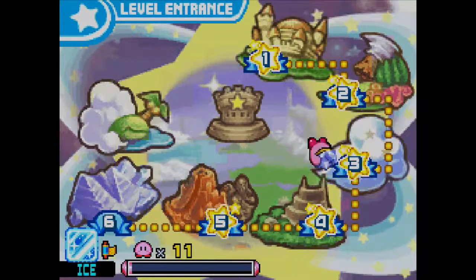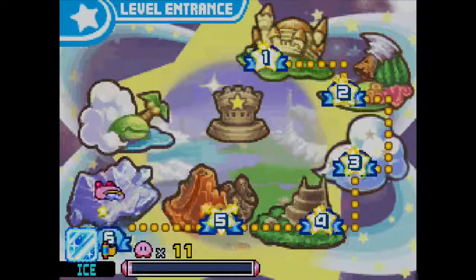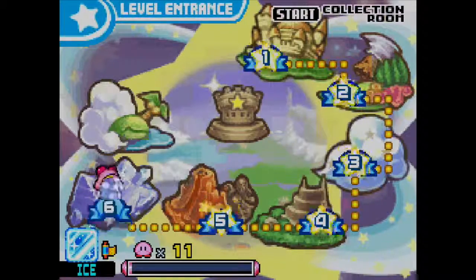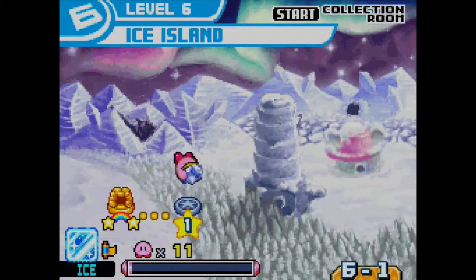So just wanted to point out that we have cleared all 5 worlds, so we only have 2 left, right? So, next time, we're flying up for some reason into Ice Island, which is not one of my favorite worlds in the game,